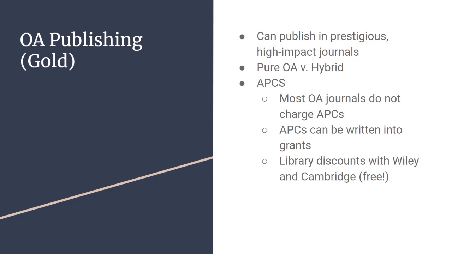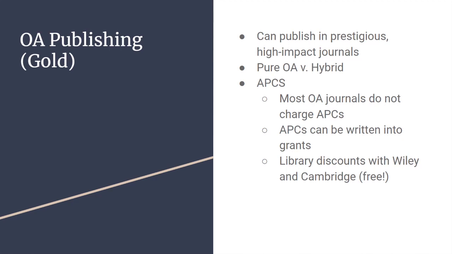That being said, just because a journal requires an APC doesn't mean that you have to pay for it yourself. A lot of grant funders these days are aware of the cost of open access publishing and do accept covering article processing charges as an allowable cost in your grant proposal. So it's important when you're writing your grant, if you know you want to publish open access, to identify some target journals early on and get an estimate for how much such charges might be so you can put that into your grant application.